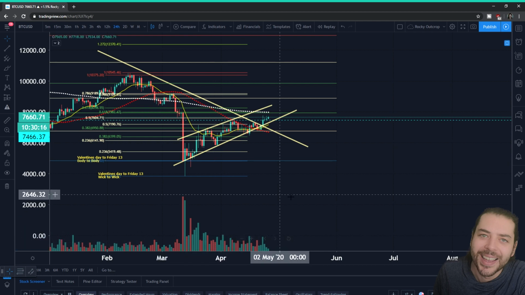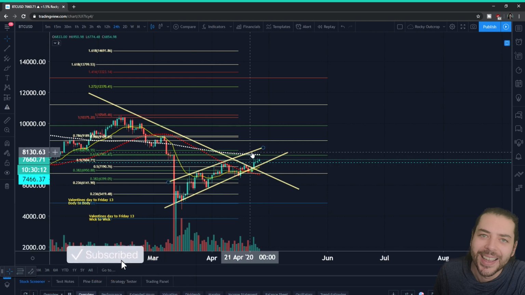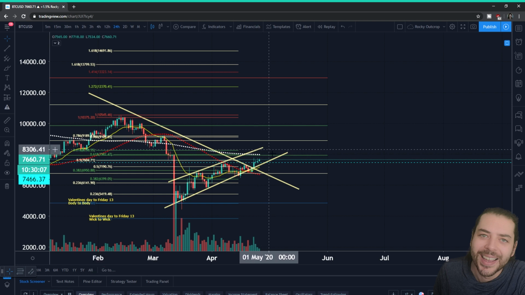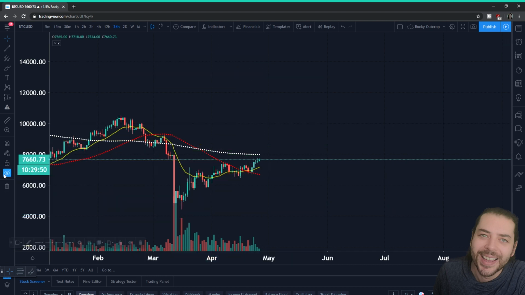And the same thing applies over here with this sort of channel. Now I have a channel drawn on the charts to show where the prices have been, and I've deliberately chosen to use these two trend lines, I call them chopsticks, rather than an actual parallel channel, because it's an interesting thing to point out that if you just draw this in roughly by eye, you take off all this and you're looking at a clean chart, and you think to yourself, oh hey, this looks like a channel,